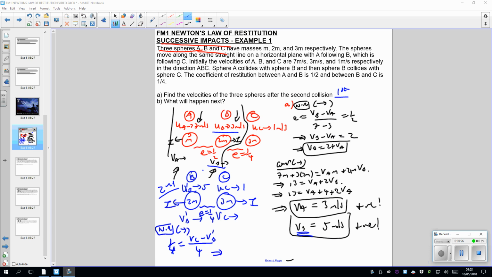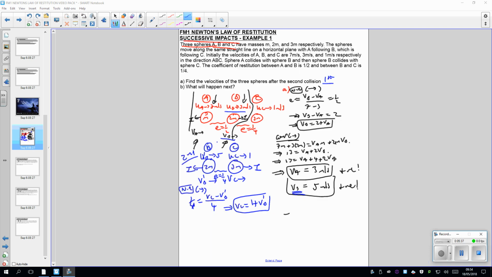So we get VC, 4 times a quarter is 1, plus our VB dash. There we go. We now need our conservation of momentum again, and we're going to go to the right. Same process, folks. So 10m plus 3m equals 2m times VB dash